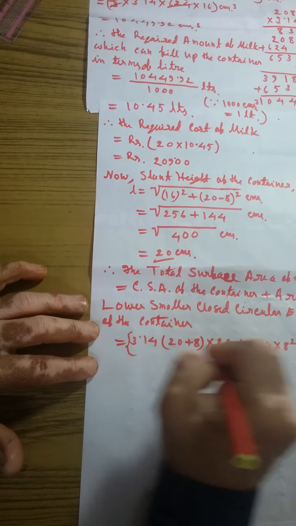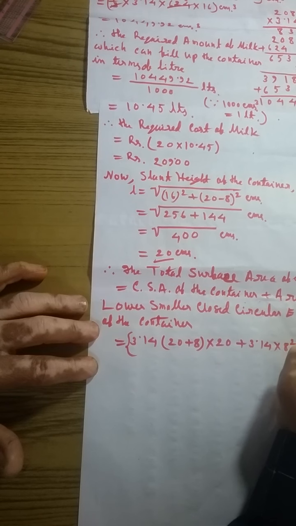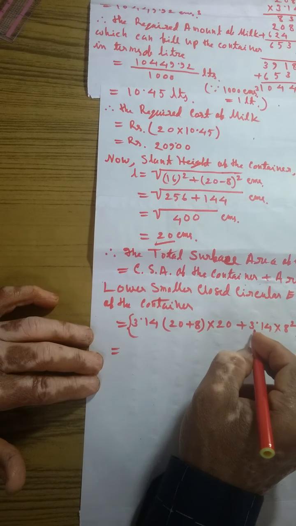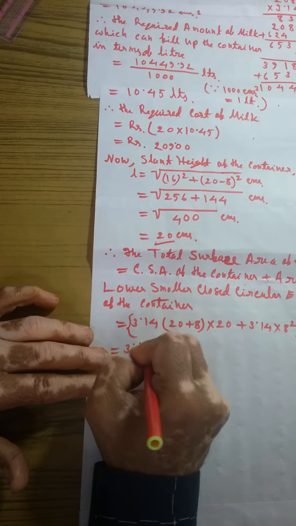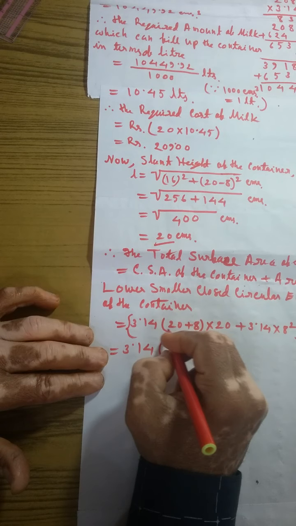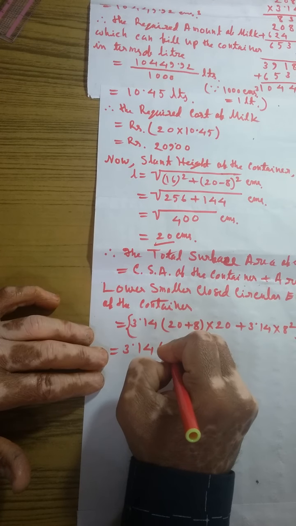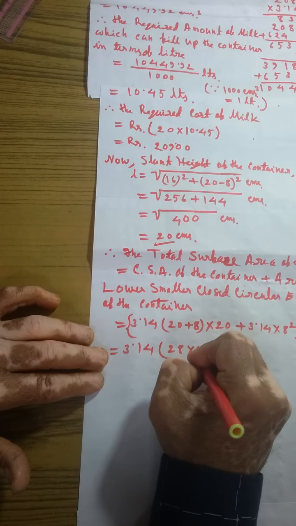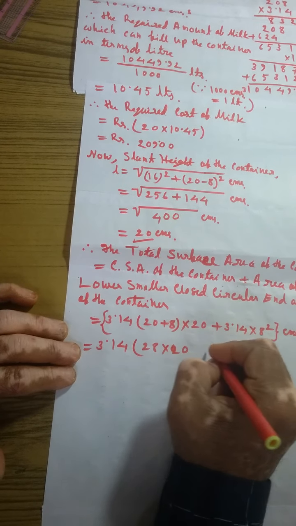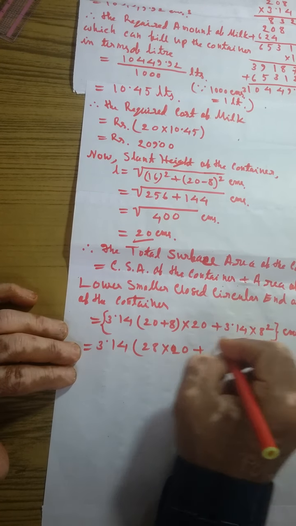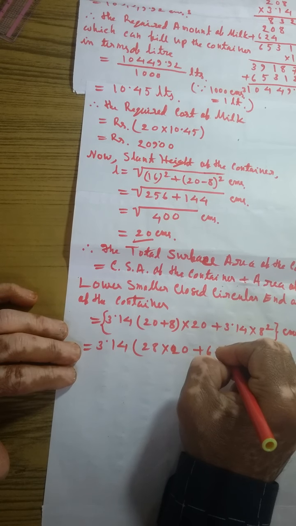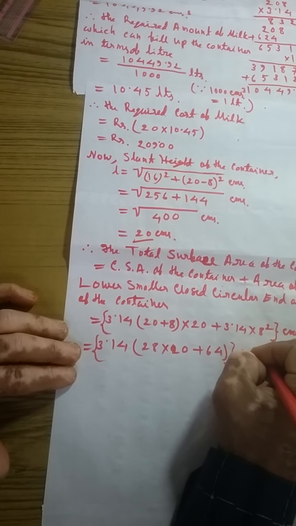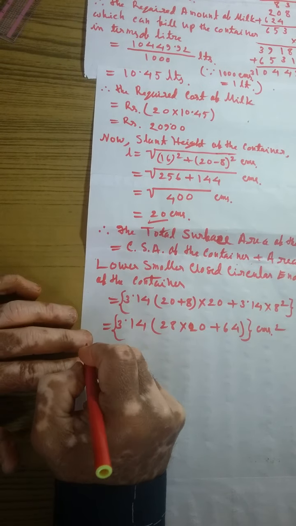The unit will be centimeters square, which is again equal to, if we take 3.14 as common, we will have 3.14 into 20 plus 20 plus 8, 28 into 20, 28 into 20, 8 into 20 plus square of 8, 64 centimeters square. This is again equal to